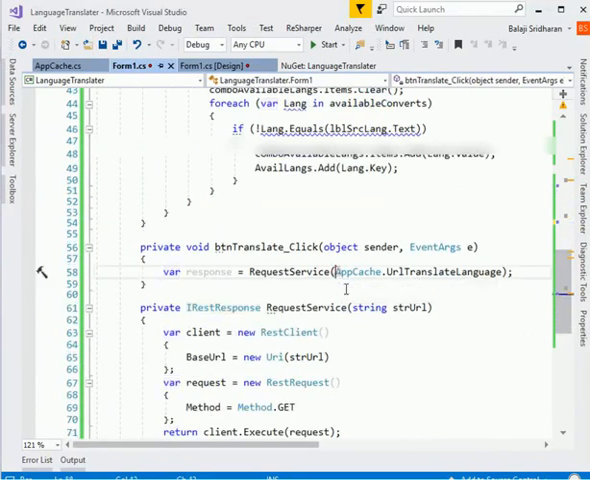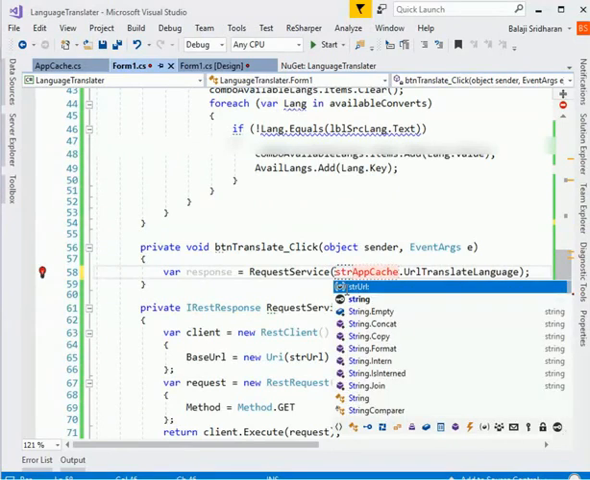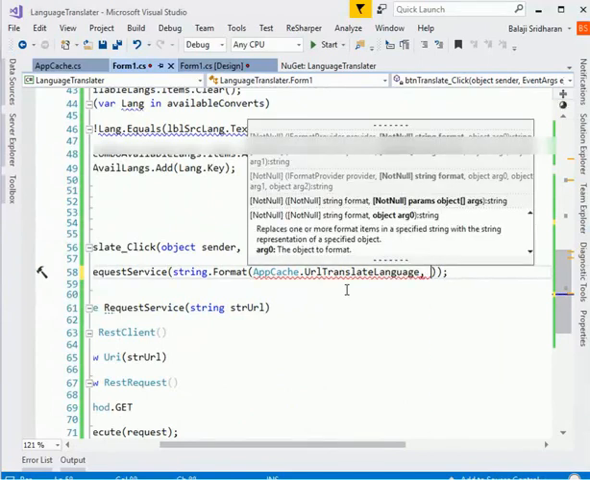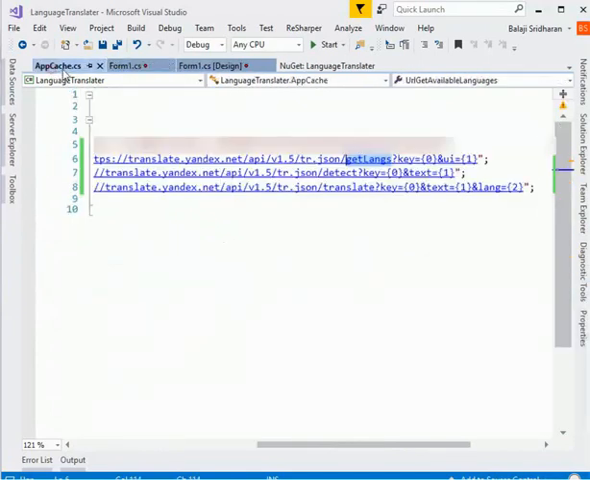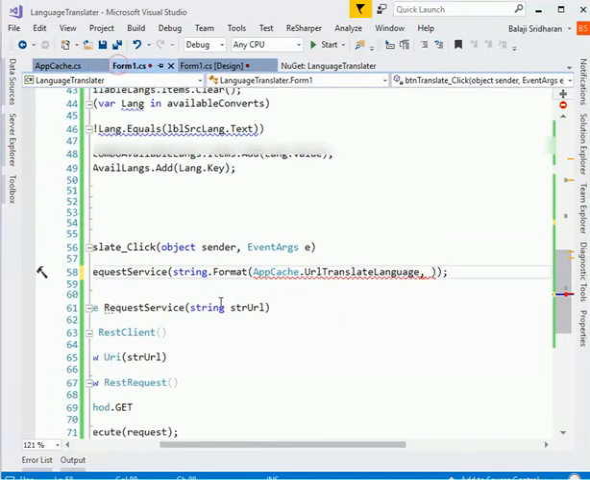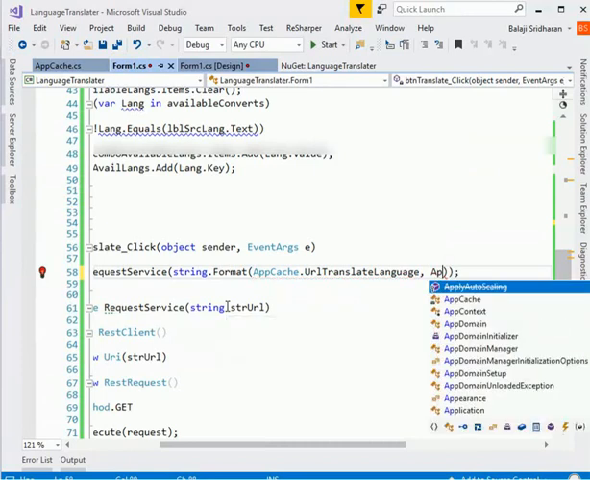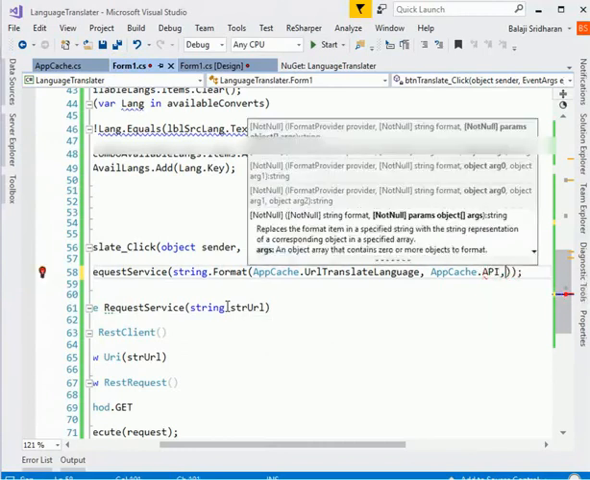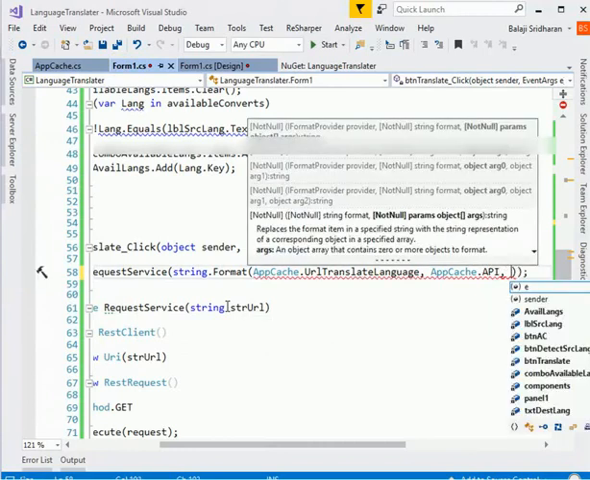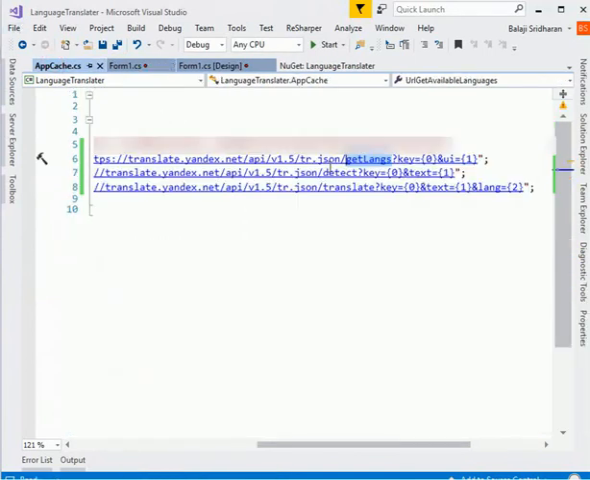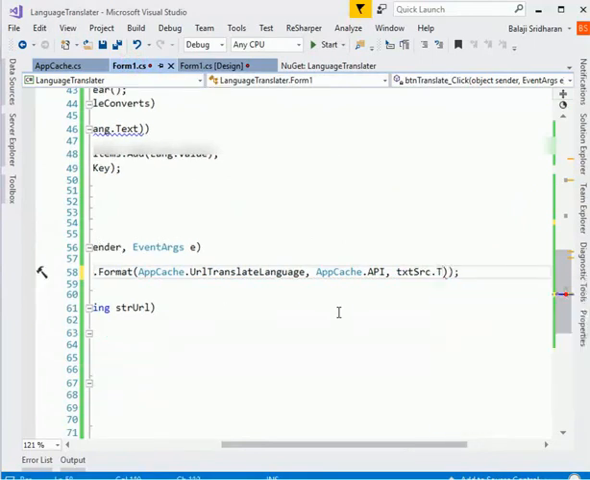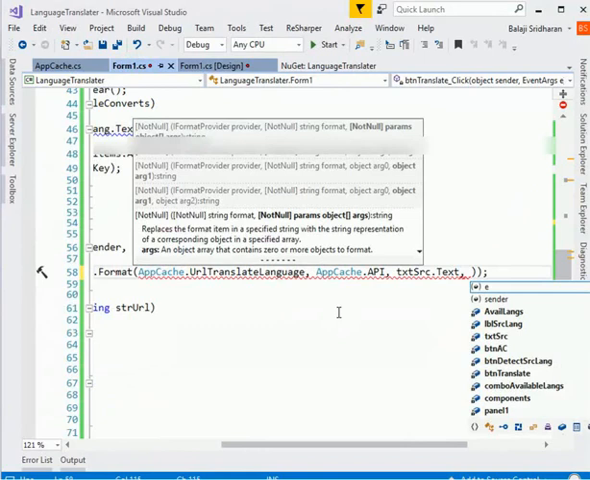Likewise, we want to use string.format here also. String.format, and then here, the first argument is key, next argument is text, and then the third argument is our destination language. So key is app catch.key.ap, and then our text to convert. The text to convert is present in txt source.text, and then the destination text is present in